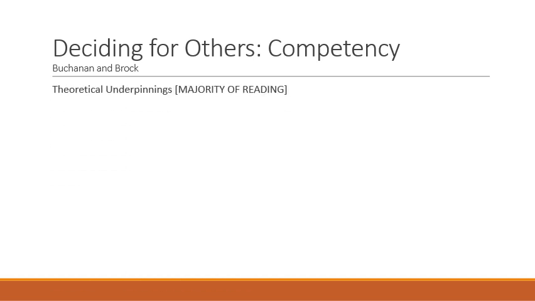So the point of the majority of this reading is to talk about the theoretical underpinnings for figuring out what competency means, right? What does it mean to say that a patient is competent or has decisional capacity? Sometimes those are used interchangeably, but they do have slightly different meanings. But anyway, the 2 questions that they put forth that they're actually answering in this paper